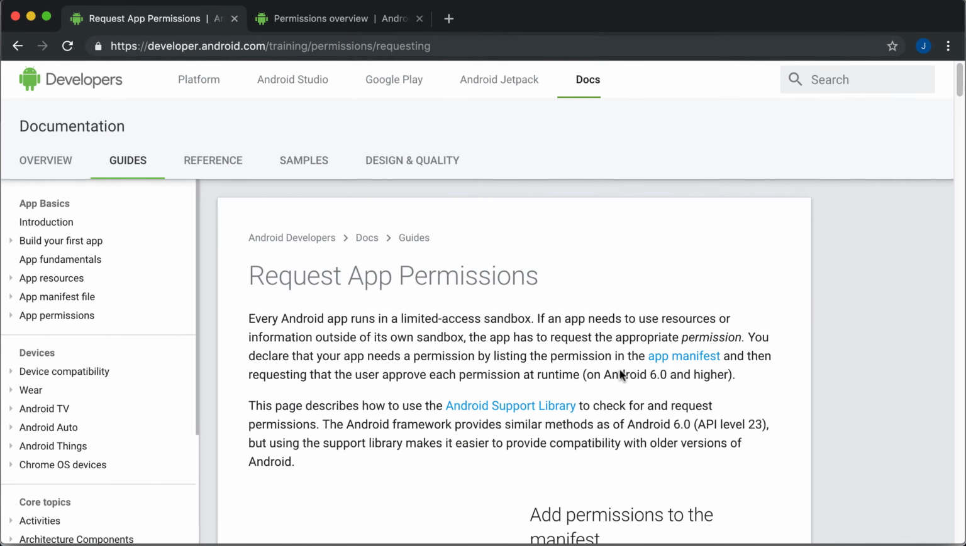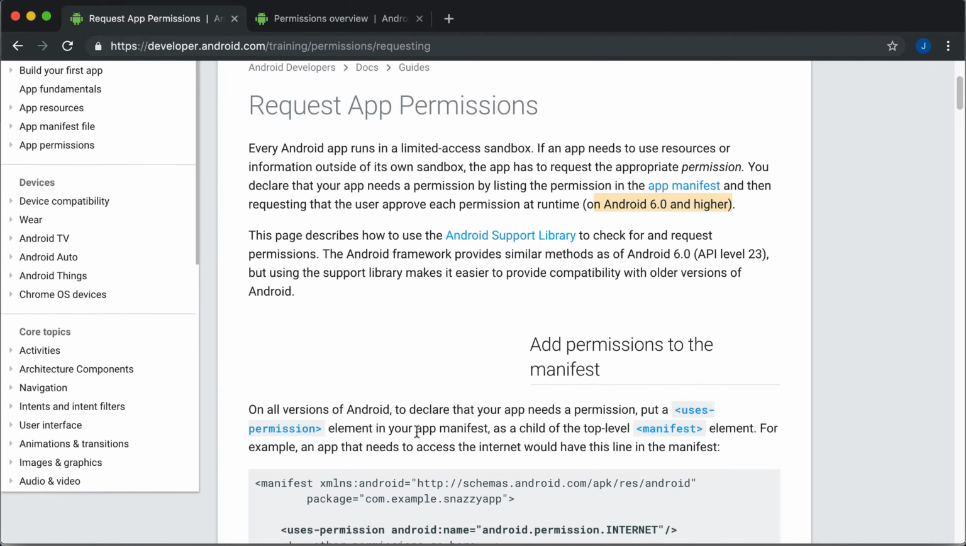In this video, we will look at how to handle permissions, or requesting permissions, at runtime. On Android 6 and higher, they've introduced approving each permission at runtime. If you go to the developer's website, developer.android.com, training, permissions, requesting, you will find this website where it